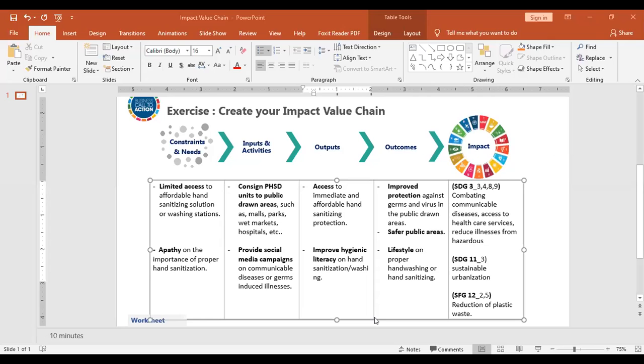Okay, so as you can see, this is my impact value chain first draft on the constraints and needs for the b.i.t.e.s hand sanitizer dispenser. Initially, what I have really reflected on is the limited access to affordable hand sanitizing solution or washing stations.